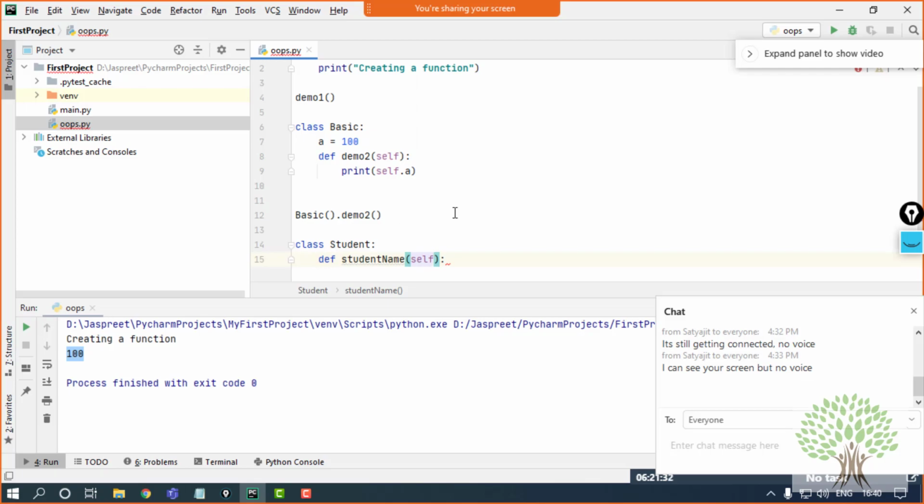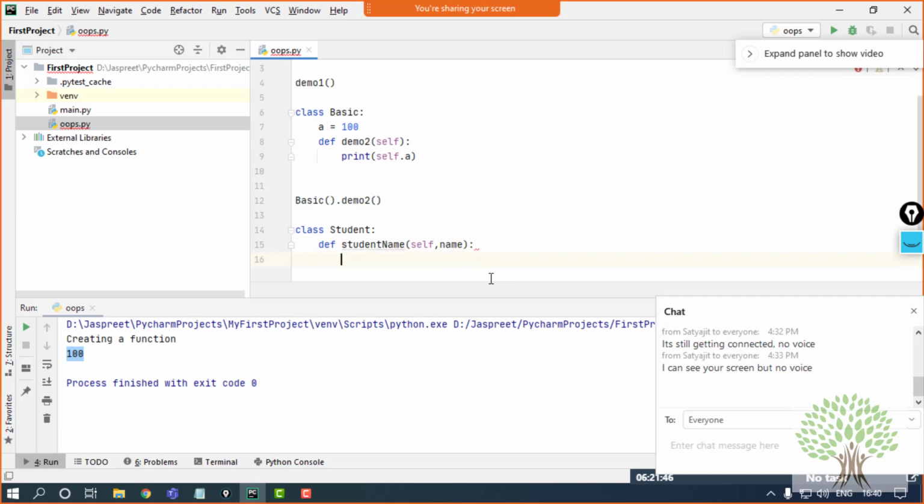the self attribute came up automatically so that I can access the rest of the members in the class. Whenever I will be calling this student name, I will pass the parameter that is the name of the student. That I'll have it over here. Now whatever will be coming I have to use it inside my function.